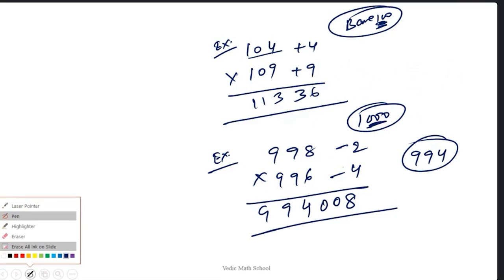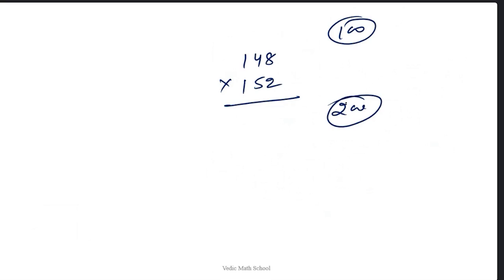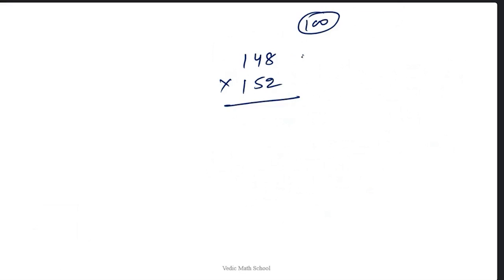So all this multiplication is very easy, but you didn't realize one thing. I haven't taken any number like 148 multiplied with 152. Why? Because this number is not nearer to 100 or to 200 either. Both are at an equal distance, so taking this number is very difficult. Look at this: if we have base value 100, then what is the difference here? 48. And what is the difference here? 52. Now, can you do the multiplication of 48 into 52 easily? It's difficult, sir. Can't we take 150?